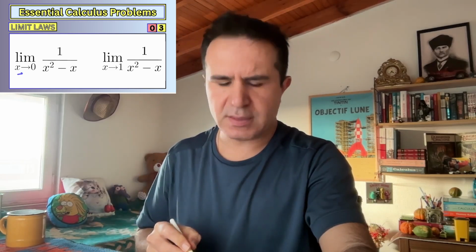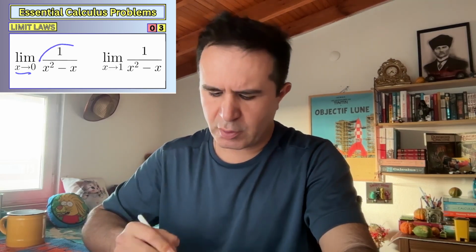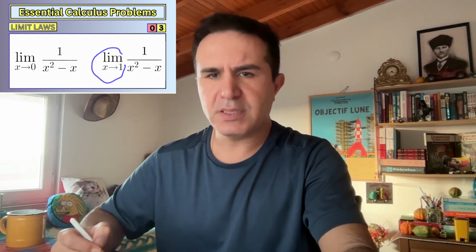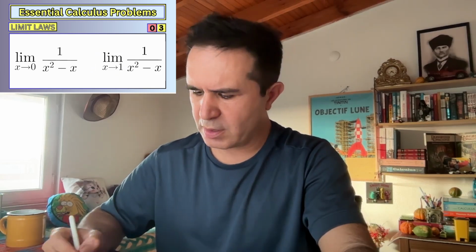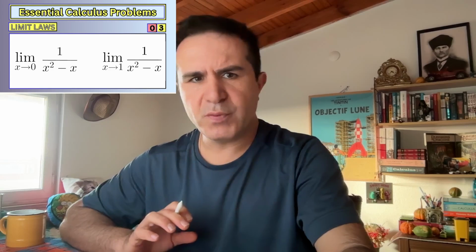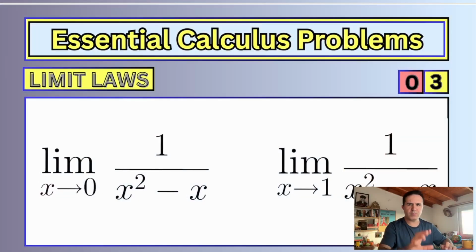The first one is: limit as x goes to 0 of 1 over x squared minus x. And the second one: limit as x approaches 1 of 1 over x squared minus x. Before solving these problems, I want to show you a few basic facts that we will use during the